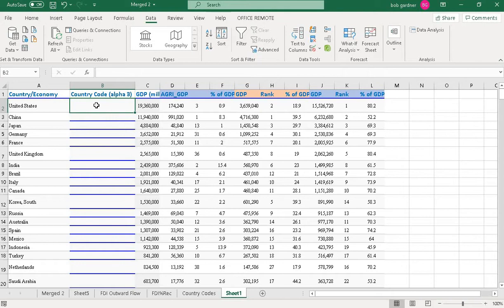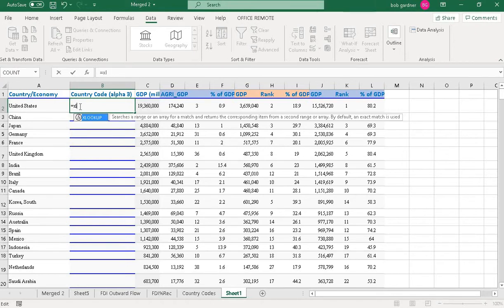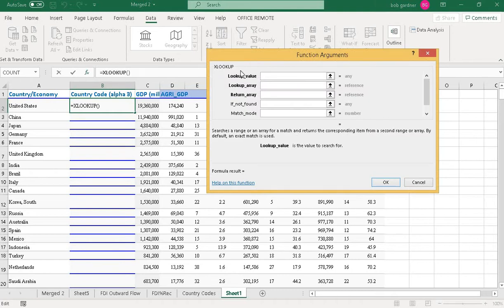First of all I'll go here and put the formula. We'll start with the equal to sign and type XLOOKUP. The formula pops up, we'll press tab and you can see the basic arguments. First is the lookup value, the value we want to look up.